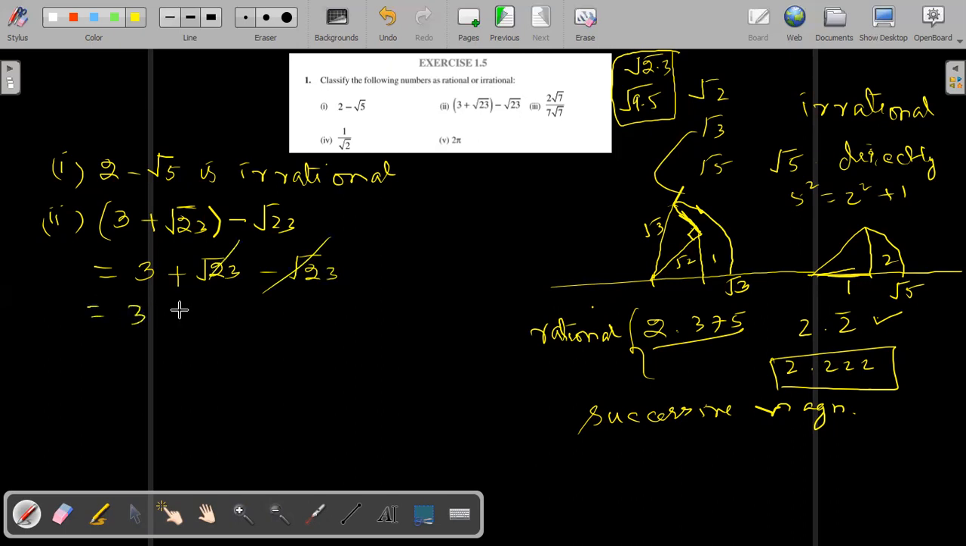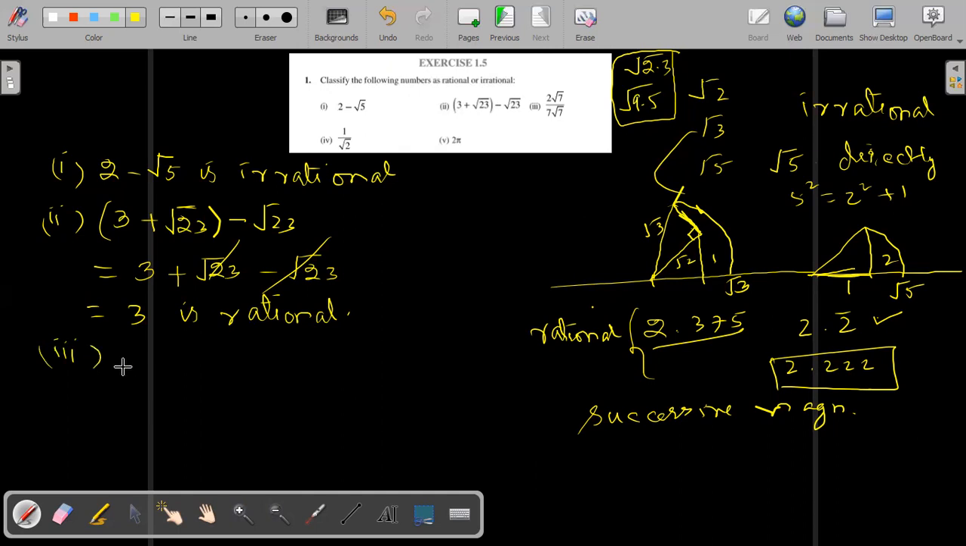We get 3, and 3 is a rational number. So therefore, the given number is rational, not irrational. So you have to solve. If it is not in the simplified form, you have to solve and then check. Do not check directly. Okay, got it? Okay. So third